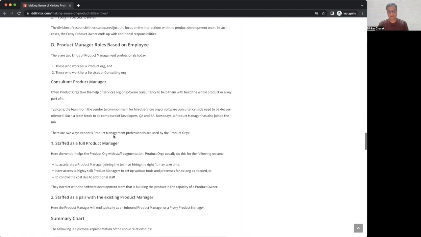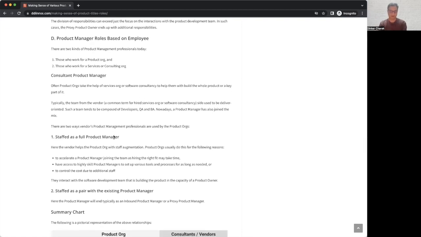The fourth and final way of looking at the role of a product manager is based on employment, right? The reality today is that all organizations need help, especially if they're growing and especially if they're pivoting into something new. And consultants are a very effective way of getting that help. Vendors, software vendors to whom you outsource product development, are very important partners. And in some scenarios, there is a product manager who is coming from a partner, who has built a lot of products in this domain.